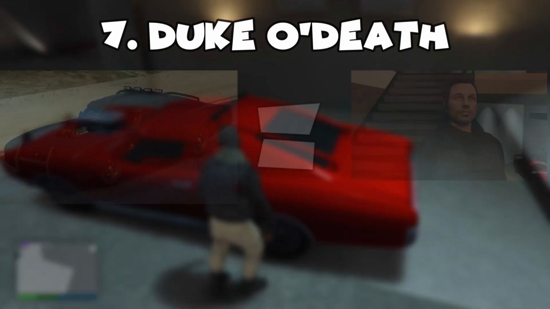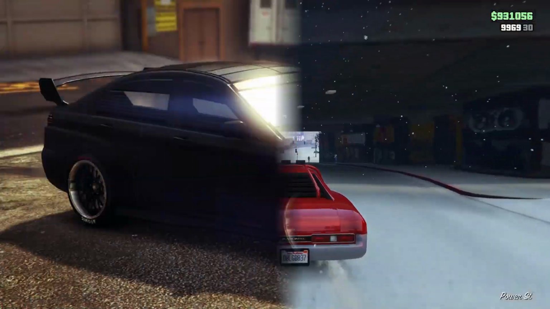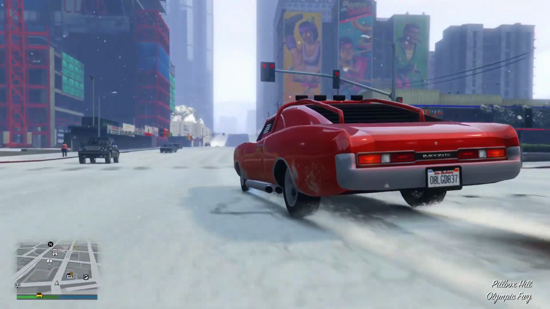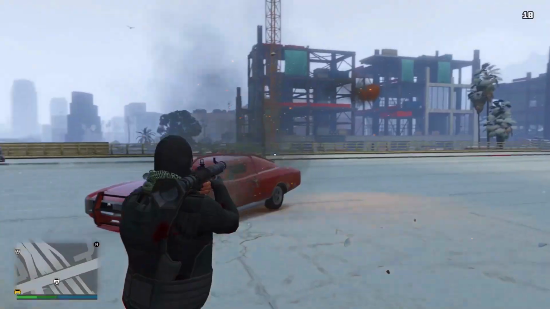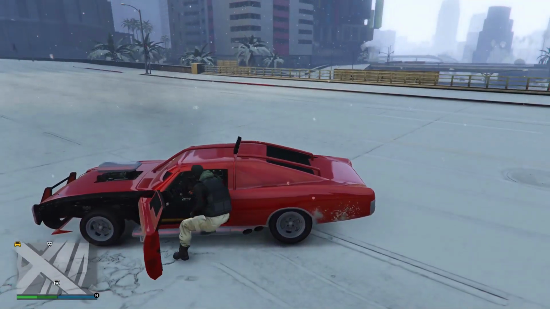Coming in at number 7, we have the Duke of Death. The Duke of Death is solo and new player friendly. It's an armored vehicle like the Kuruma and many other cars. The only difference is that the Duke of Death can sustain one rocket launcher while the Kuruma can't. It's a unique looking vehicle, plus it looks like something that came out of Mad Max